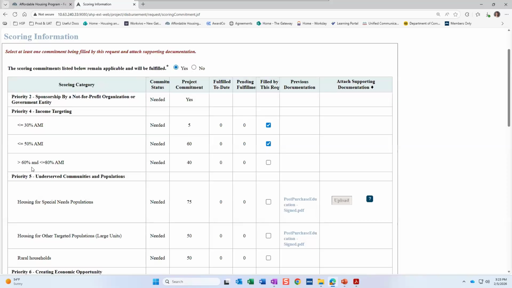If this project, let's say all the units were at 60 to 80% AMI and there was no 50% AMI category, if you had a household below 30, that's acceptable. The households don't have to be between 60 and 80. They just have to be below 80 in essence. And if you had one below 30, you would select below 30, and then you'd also select the 60 to 80. So if you have someone below 30, you select the 30% category and then the next available category up that's actually within your targeting requirements.